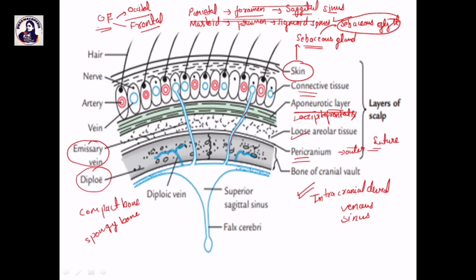ठीक है, जो skull है it is formed by the compact bone, उसके साथ में क्या है spongy bone भी present होती है, that is known as the diploe. And this is being traversed by the diploic vein. So diploic vein is